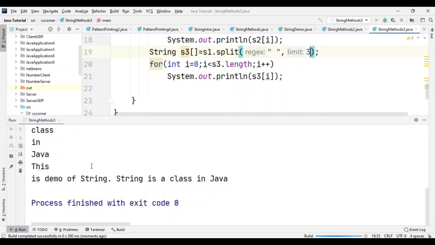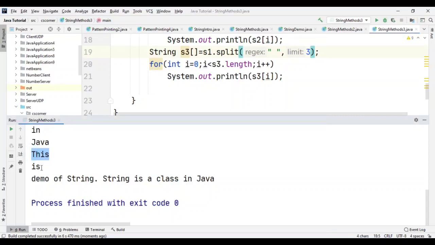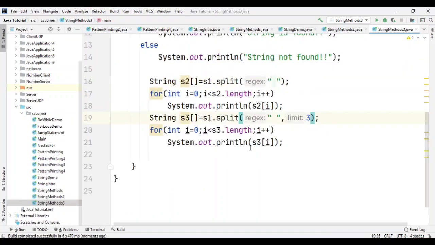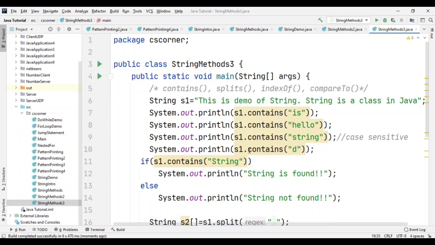It is going to print this, is demo of string, and string is a class in Java, like that. So you can see this is the first word, is the second word, and this is the third word. So you can limit your words in the split method. That was all about the split method. You can split depending on your data.